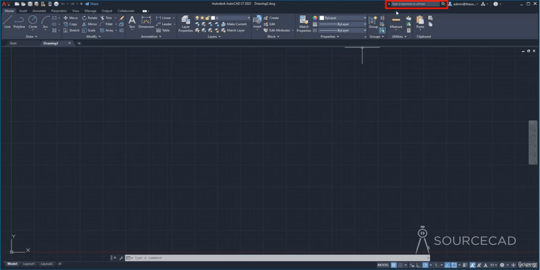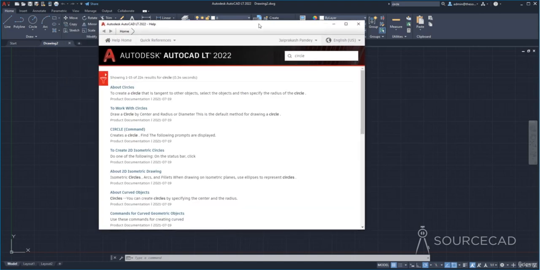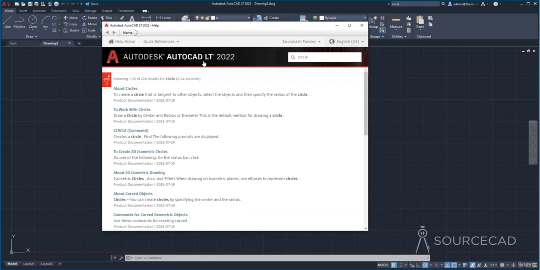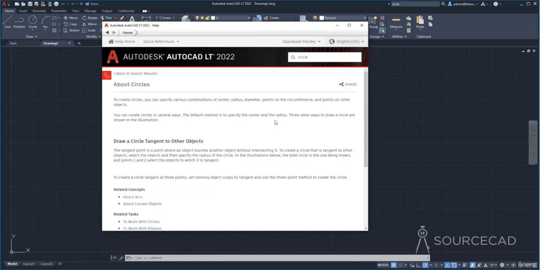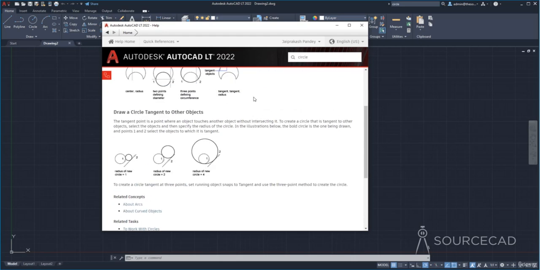Now here we have the help menu. Now if you want to find out anything about any command, simply type its name. For example, let's say we want to find out more about circle command. So I'll type circle and simply press enter. Now if you are connected to internet, it will show you this help file where you can simply select these links. Maybe I'll just select the first link and it will show you everything about the circle command. Now I'll close it